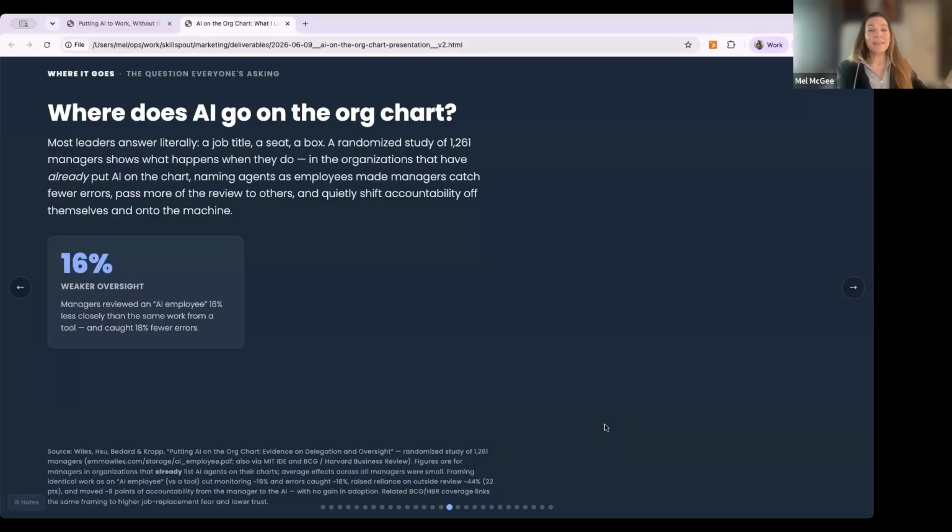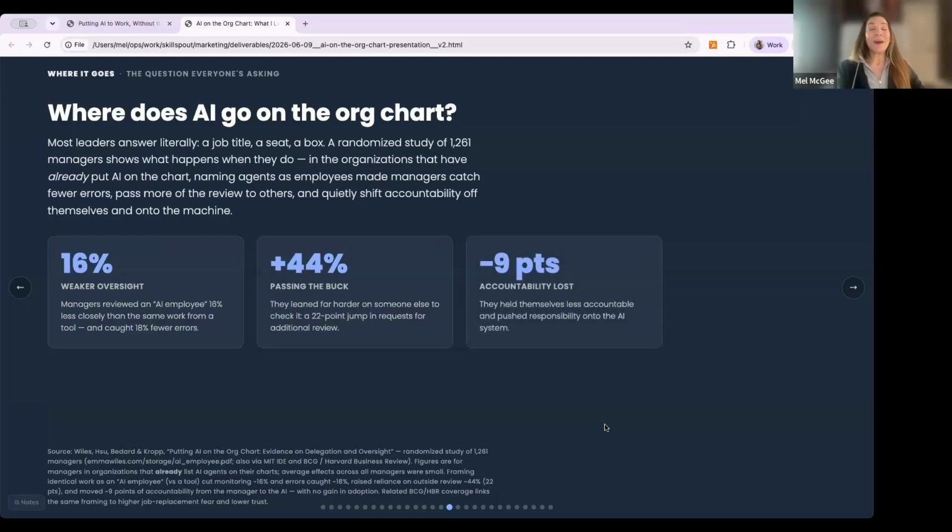16% less review, so weaker oversight. Passing the buck: a 44% jump in passing the buck. Accountability moved off of the humans by about 9 points. So those are real problems.